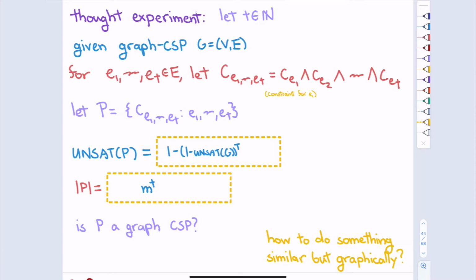This bundled constraint can only be satisfied if all 10 were satisfied originally. So it's harder to satisfy each of these things.